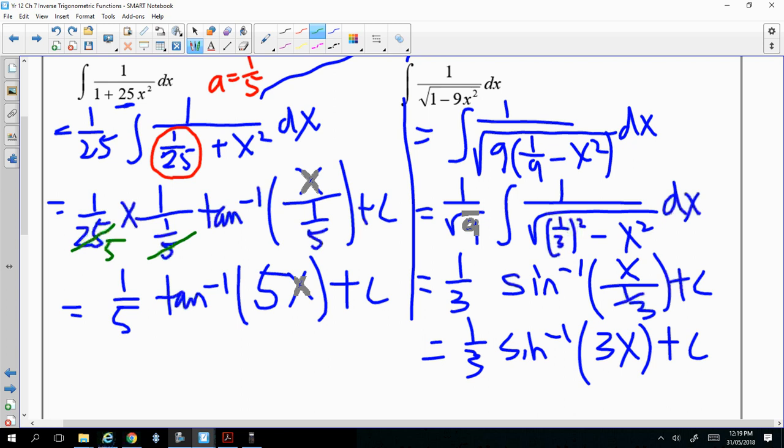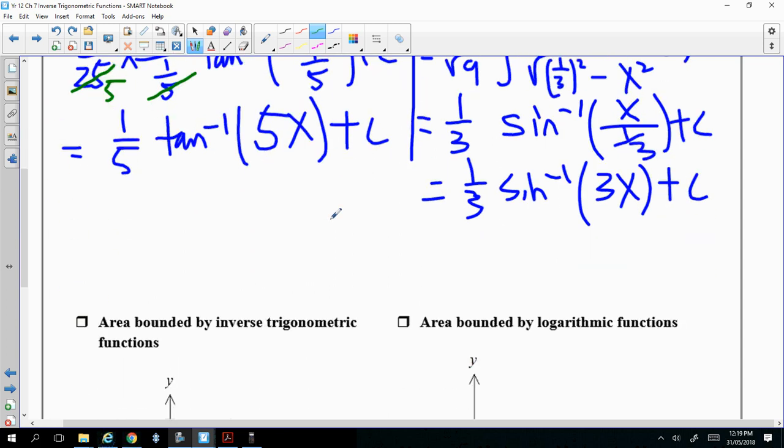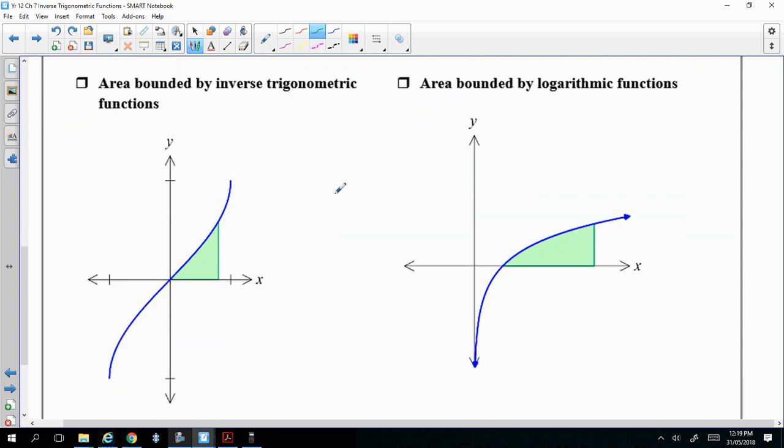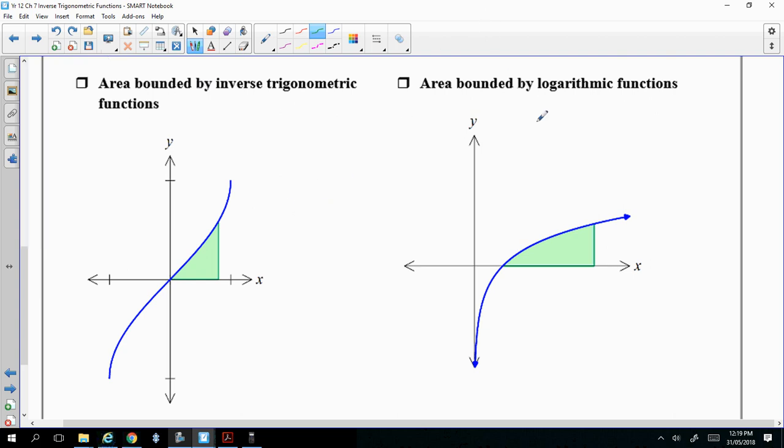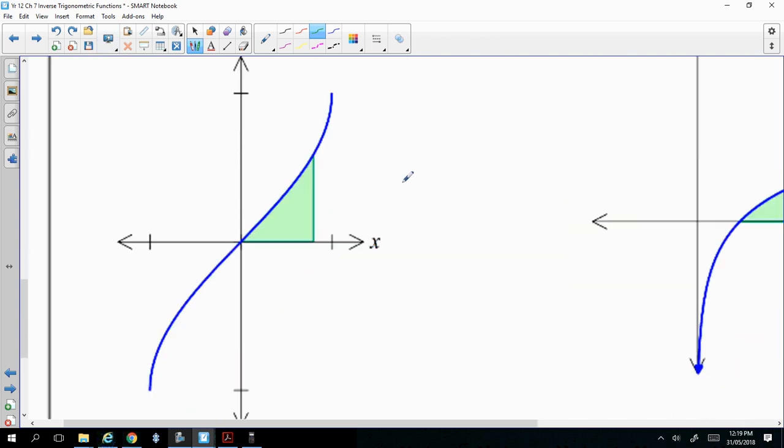Area bounded by the inverse trig function. We did that on page 17, so just refer to page 17. So this is what you do. It's very easy. All you have to do is to work out the area bounded by the y-axis. So if that's A, that's B. So the green bit